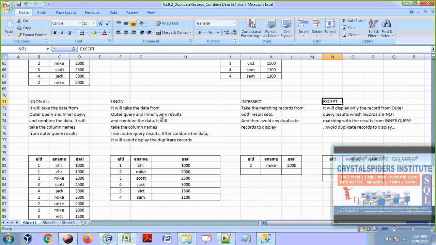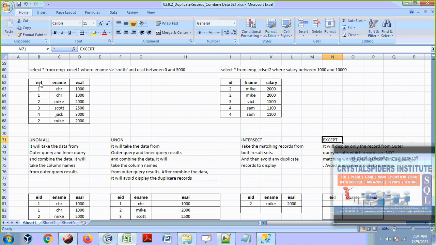What will this except operator do? When I combine these results and these results, what will this except operator or minus operator do? So now the except operator will go to the outer query results and display records only from these outer query results, guys.